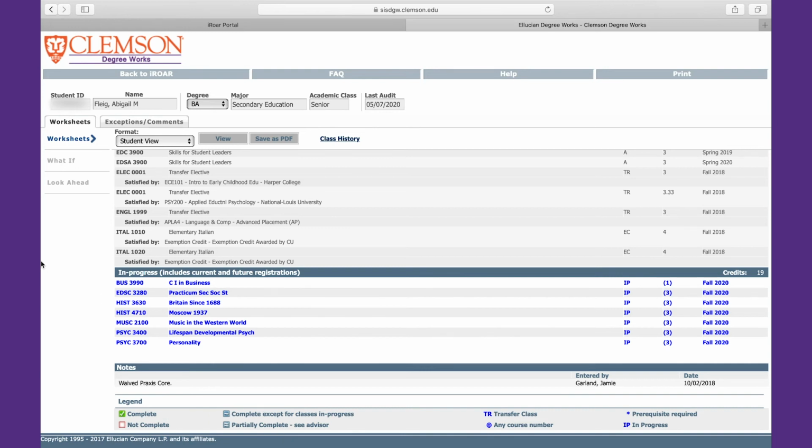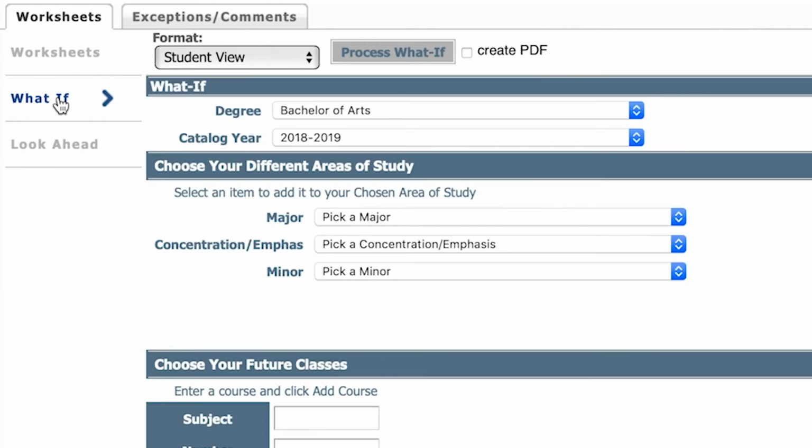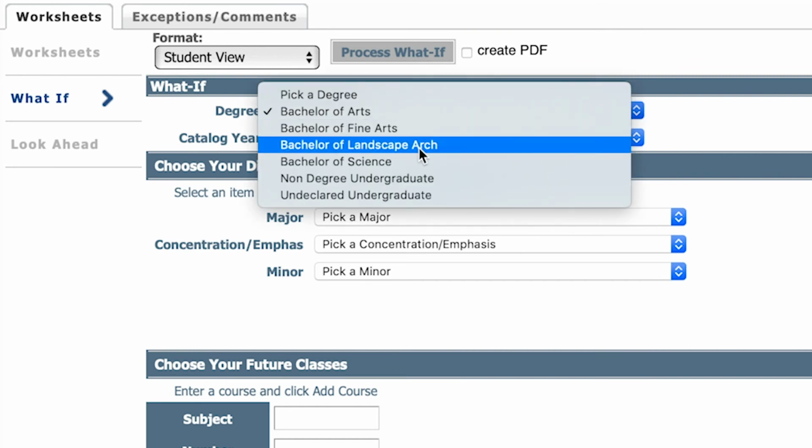Now I'm going to show you the What If tool for DegreeWorks that's in the top left here. What's cool about DegreeWorks is that it allows you to play around with what your degree plan would look like if you added a minor or changed your major. You can use this tool to see what your 4-year or 5-year, however long you're going to be at Clemson, what that time would look like if you did a major change or if you added a minor, took away a minor, whatever. So let's say I decided to change my Bachelor of Arts degree to a Bachelor of Science degree,